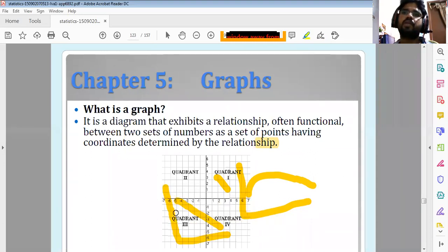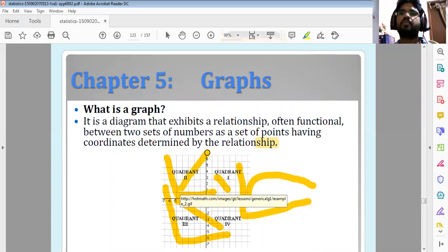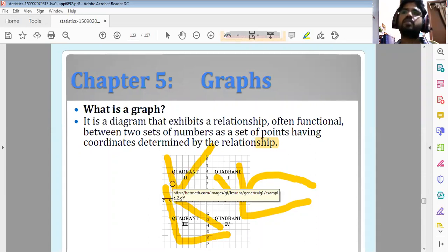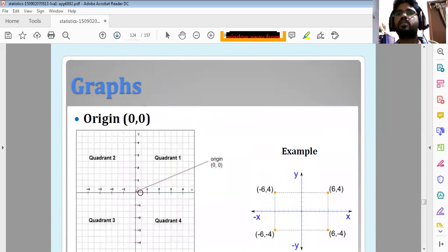If the price of the commodity is high, the demand will be low. If the price of the commodity decreases, the demand will be high. Like this, there is a negative relationship between price and demand. Sometimes we will get a positive relation also, between price and supply. If the price of the commodity increases, the supply of the commodity also increases. So the graphs will be shown like this, and depending on the data, we can present it in graphical form like this.